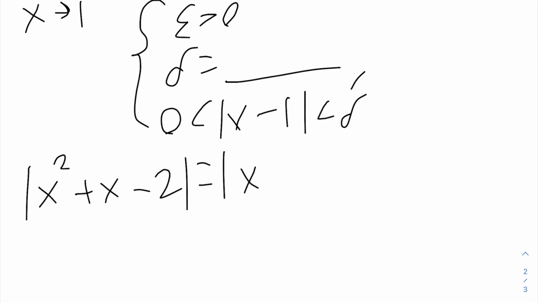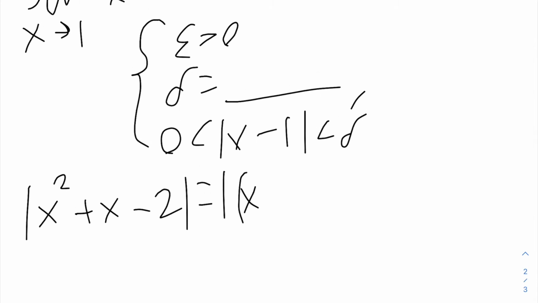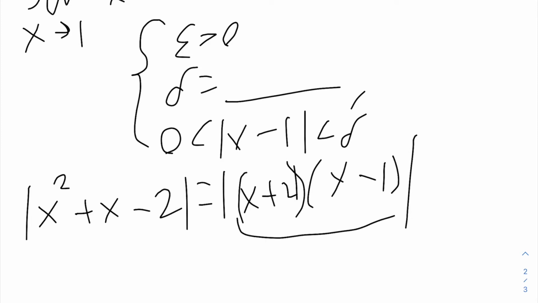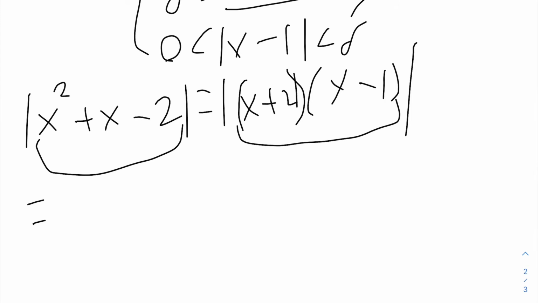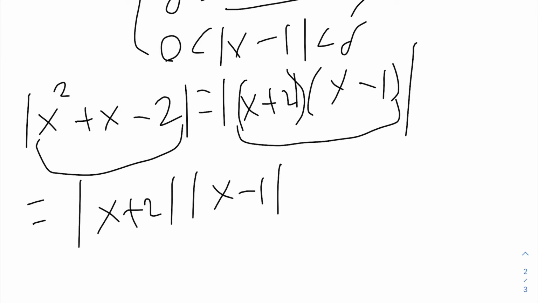So this is obviously equal to, well, we would use x plus 2 and x minus 1 for this to work. And then if you distribute this out again, you're going to see that this is correct. This is equal to this. And then this is equal to x plus 2 in absolute value times x minus 1 in absolute value. And then,